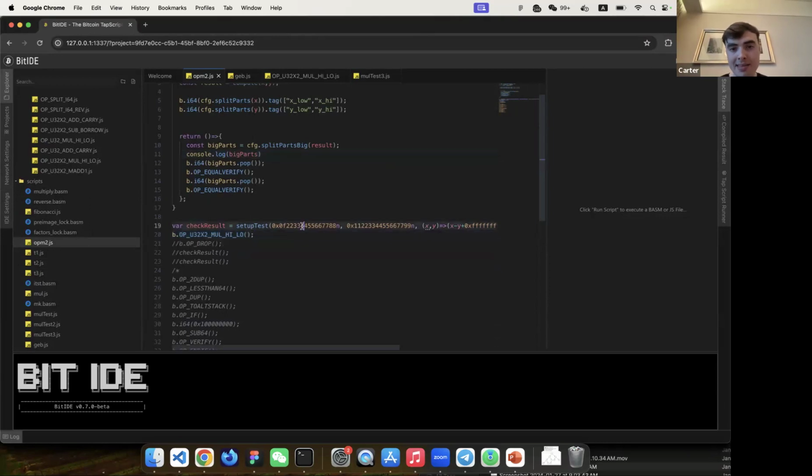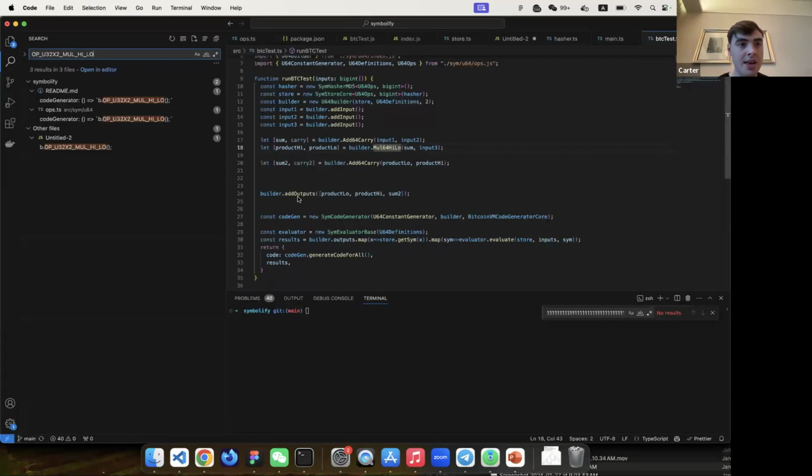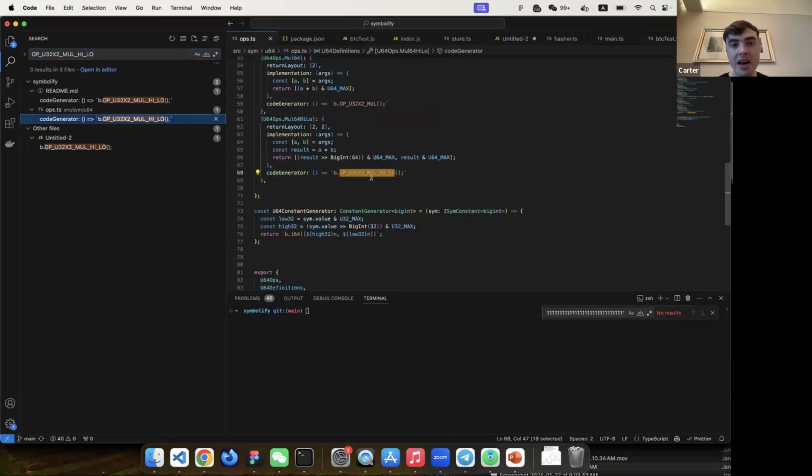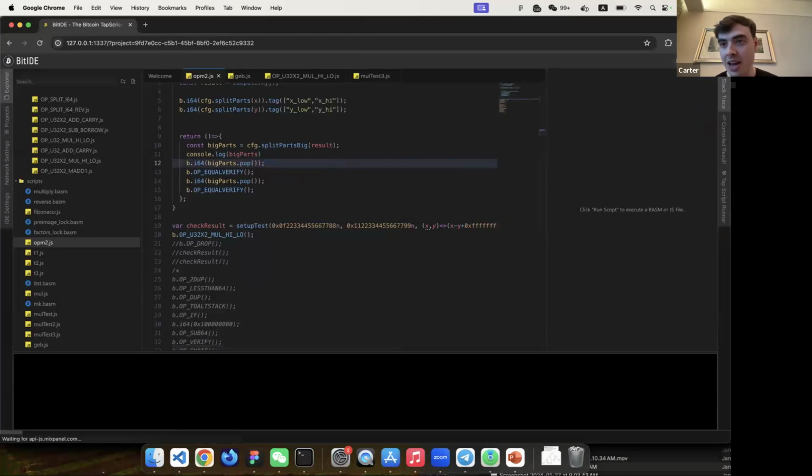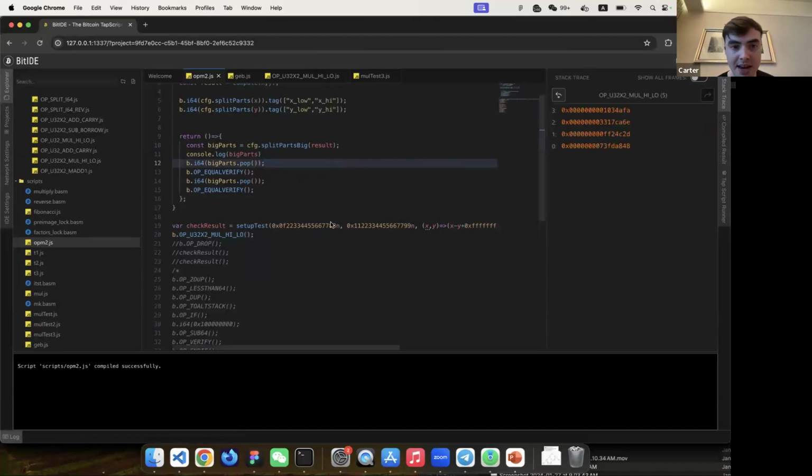So we can multiply these 64-bit numbers, and we're testing out this instruction which, if we go back to Symbolify, is going to be emitted every time I perform that mul64 high-low operation in our script. So again, you can define your own operations, and we're going to define a new one quite shortly, but let's get into it. So if we go over here and go to run script, we can see that in fact,